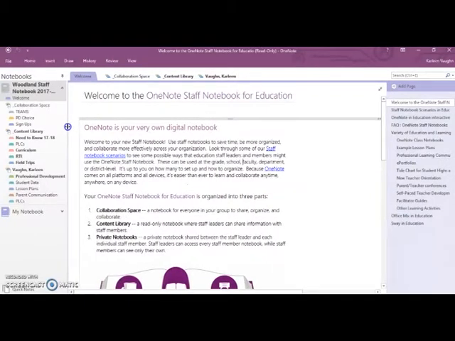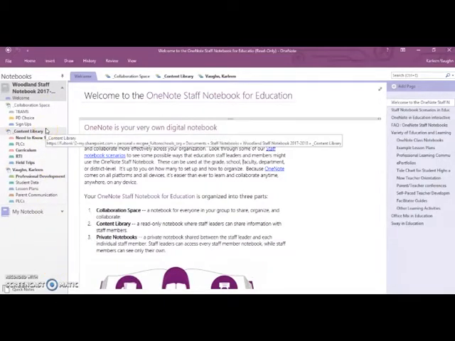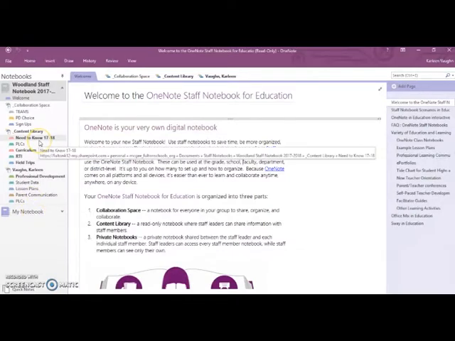Now if it's taking up too much space and you just want to squeeze it down a little bit, you can do that too. And you'll also notice that any notebook that you have access to that you've synced to your desktop version will show up here. So for your 3rd, 4th, and 5th grade teachers that are going to be using OneNote in class, all of your other class notebooks will show up in this list too. So it's all kind of housed in the same spot, which makes it really convenient. And you'll just navigate these pages the exact same way that you would if you were working in the online